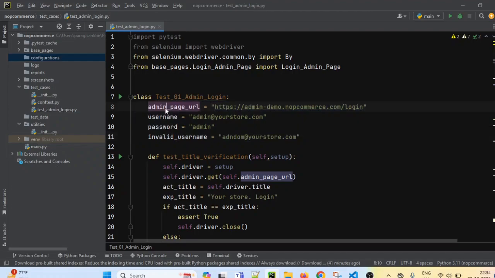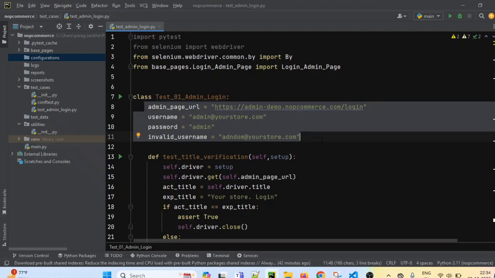Tomorrow, let's say, I want to change the username, or tomorrow admin password changes, I will have to make changes in all the test classes wherever we have used the hard-coded data.